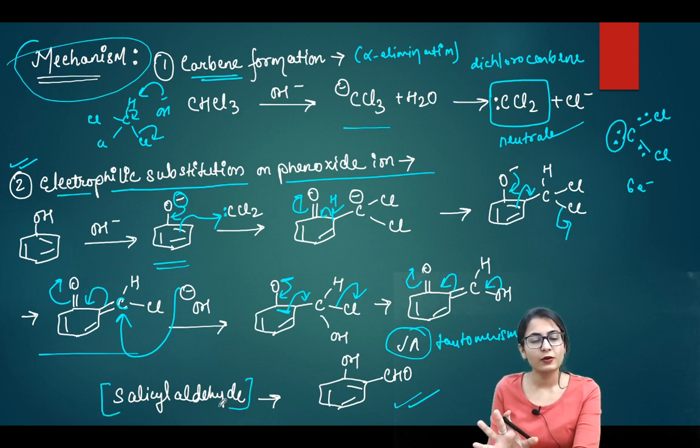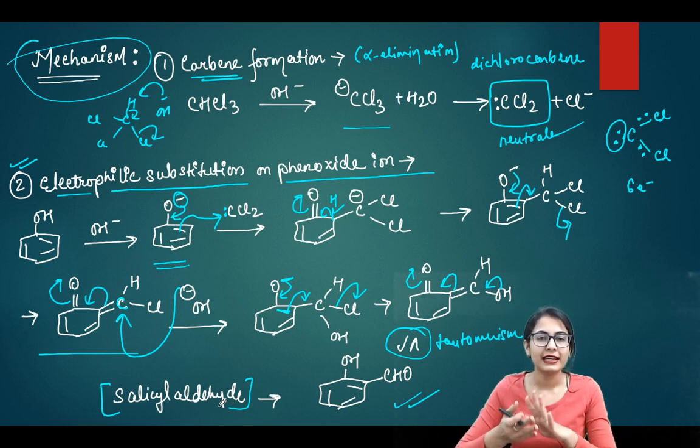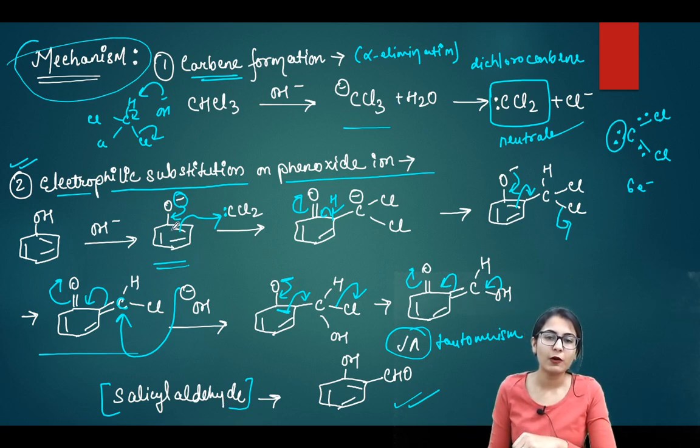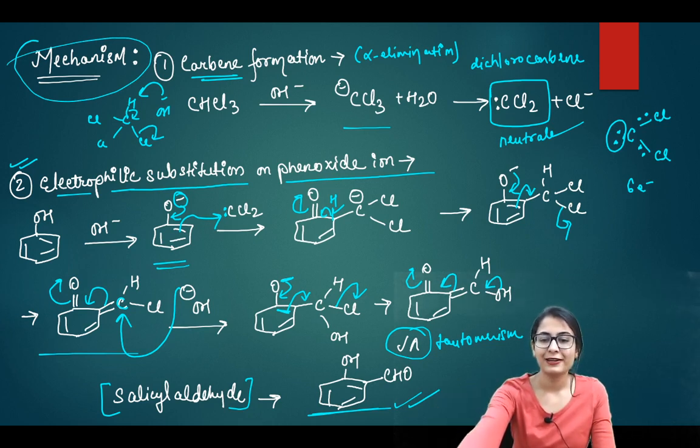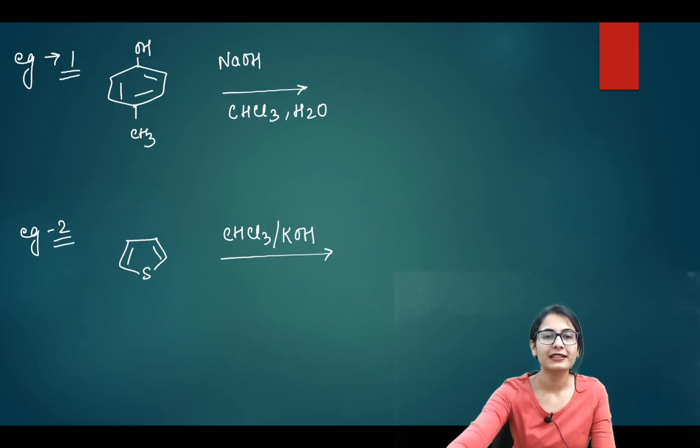Now, what is happening overall? First of all, you're getting the carbene formation. In the second step, that is the electrophilic substitution on the phenoxide ion, the first attack is the ortho attack of the phenoxide on the carbene, and after that it is just like pull and push of the electrons to finally give you the salicyl aldehyde, right? The mechanism looks very difficult, but it is very easy to remember if you once draw it by yourself. The slide is looking very beautiful with all the arrows. I hope that you are going to try out the mechanism.